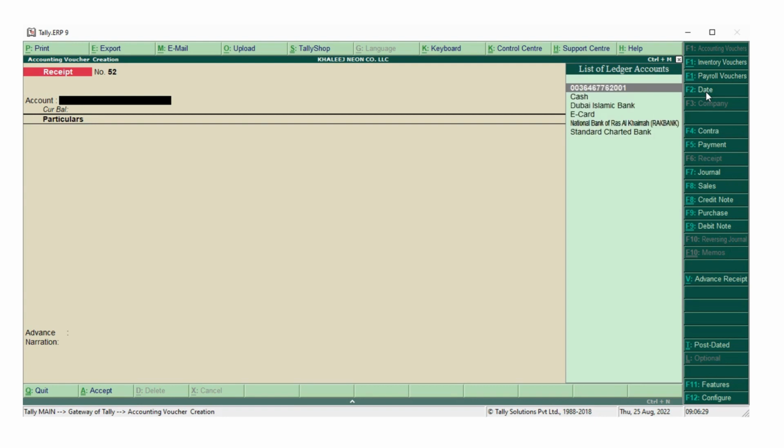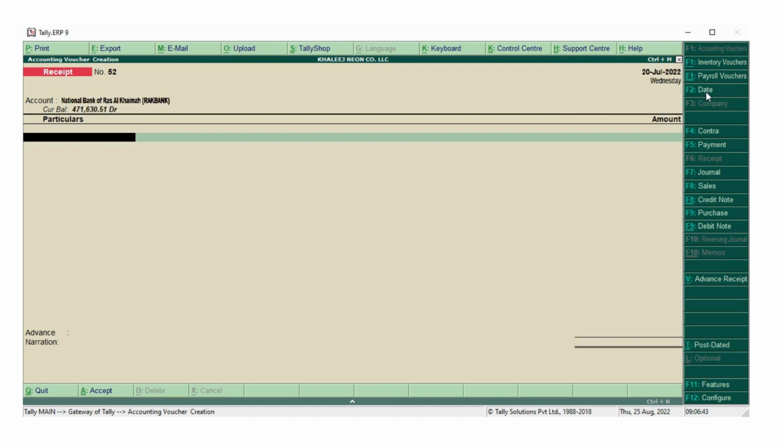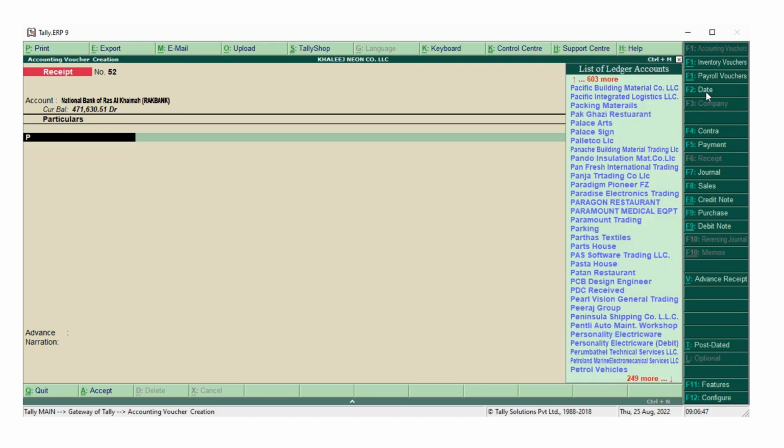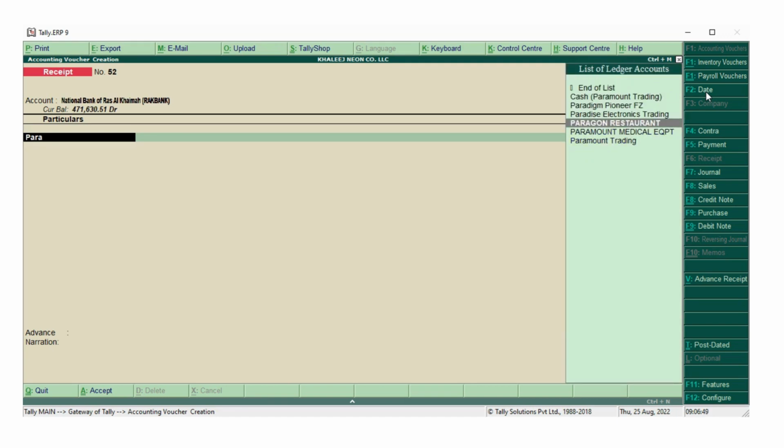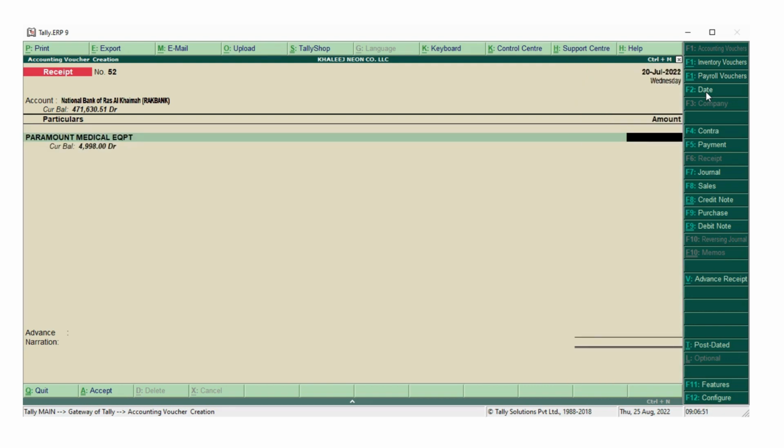Since I have received the payment by check and deposited it into National Bank of Rasalgema, our company bank, I will press this, and the check I have received is from Paramount Medical